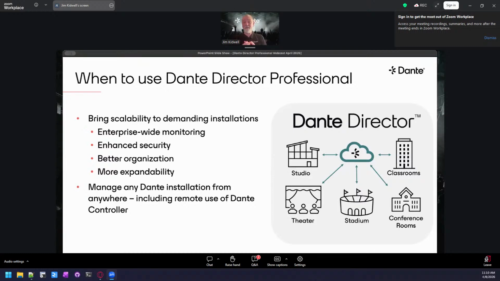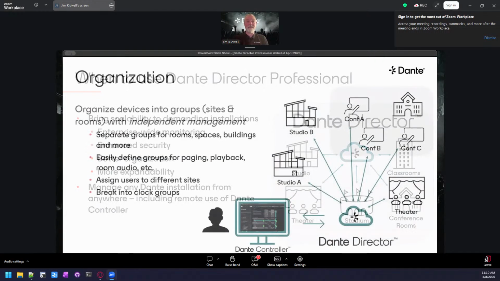that happen from things that are just basically as the system is designed. It also basically allows you to manage things from anywhere. You may have seen some of our advertisements out there saying, "Hey, can I access my Dante network from my couch?" Yes, you can with Dante Director. All you need to have access to is the internet, and then you can manage anything using any web browser, even your phone. So that is a great benefit of Dante Director.